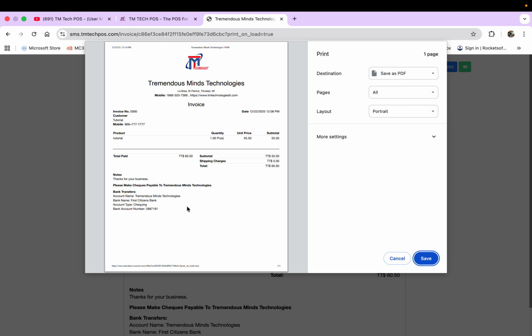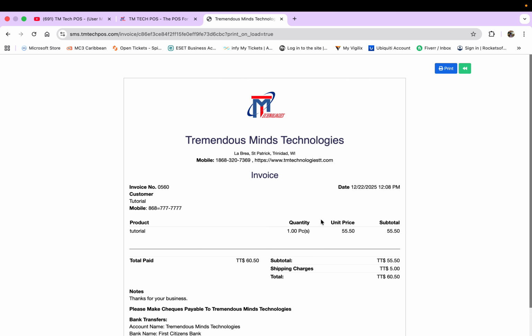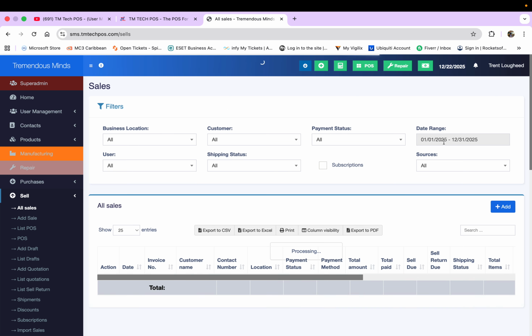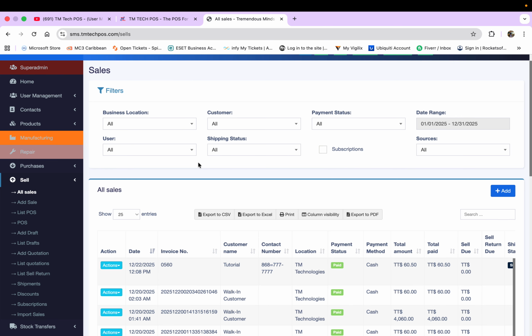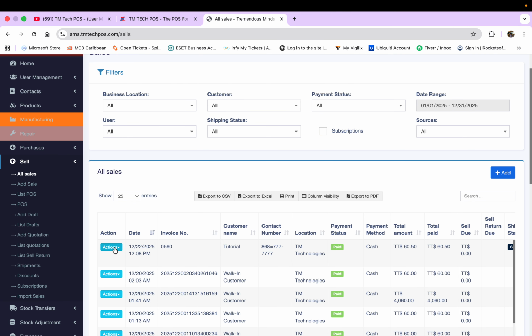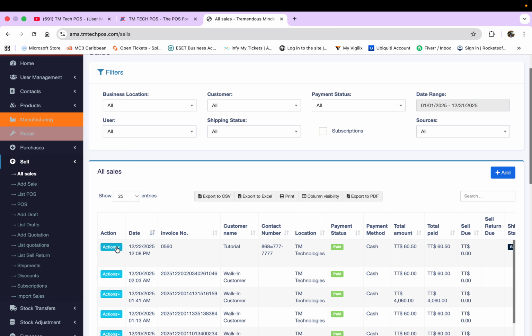So this here is my default template. This is an A4 paper, so we're not going to print that. We're just going to leave it as is. So after creating that, we would see our sales shown in all sales. Shipping status, shipped. Now we can hit the action button and we can view this, we can edit it, we